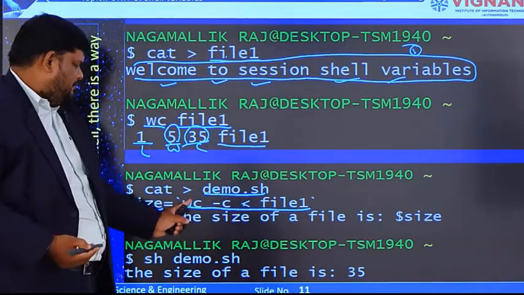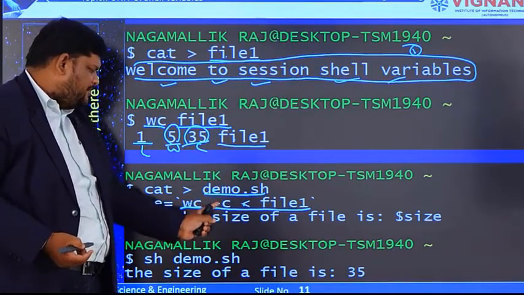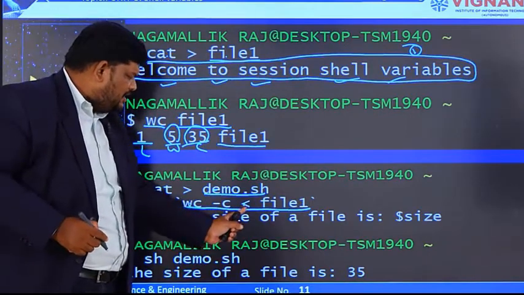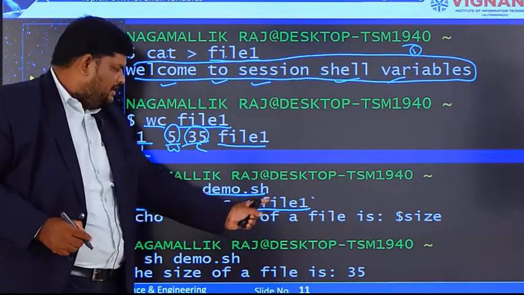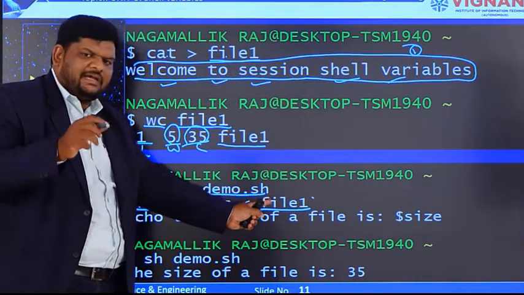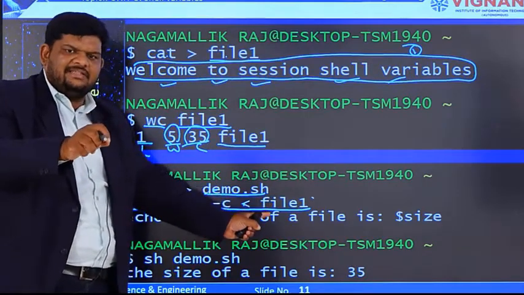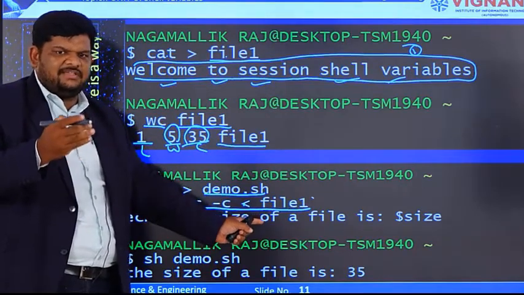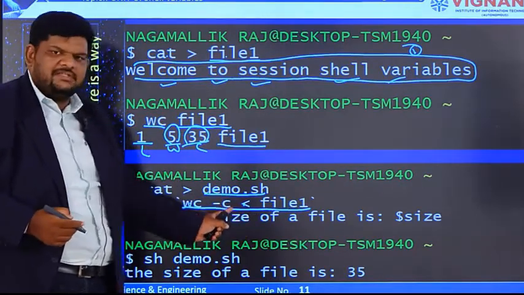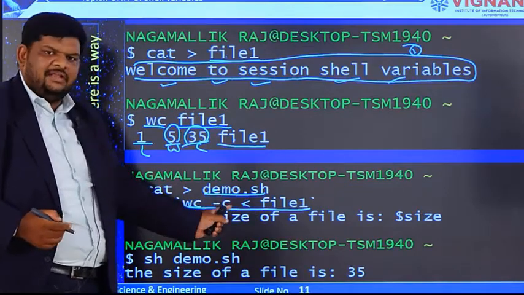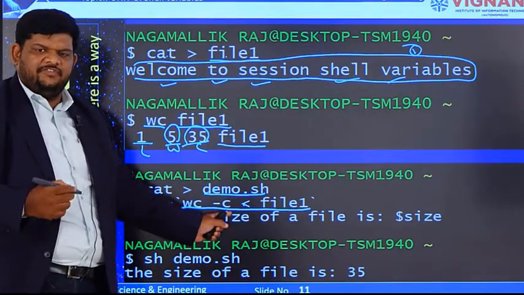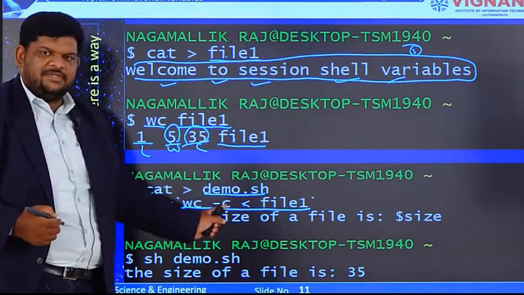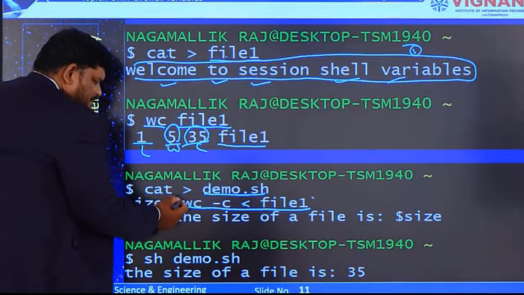That means for the wc command we are writing option c, that means we need only the number of characters. Through input redirection we are giving file1. So in that file1, how many characters are there? The answer is only how many characters are there. It will never give the number of lines or number of words, because we are using option c. If you use option l, it will give only the number of lines. If you use option w, it will give the number of words. But here we are using option c. So this is command substitution.